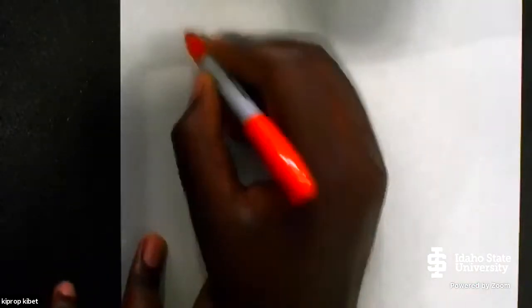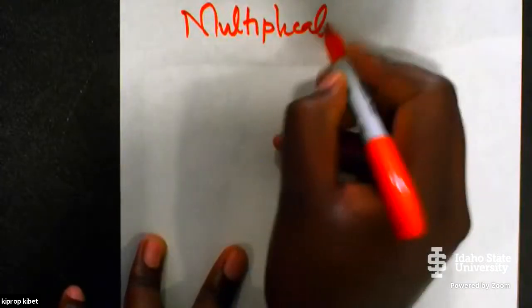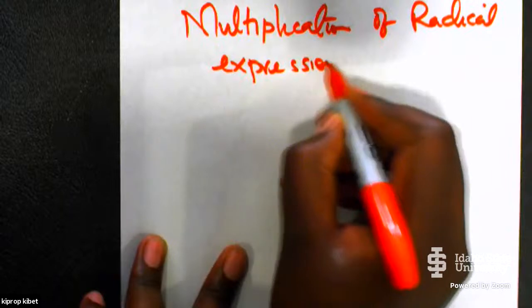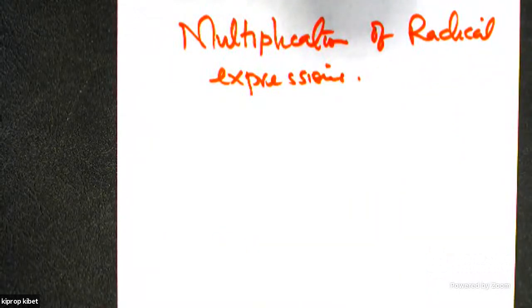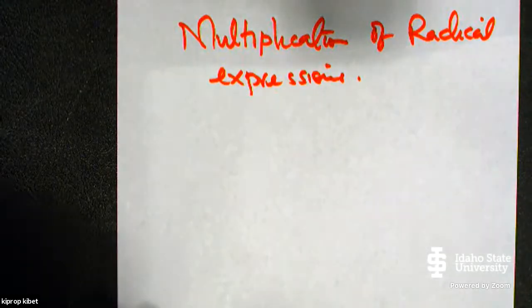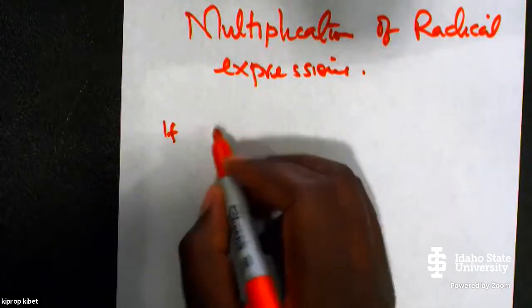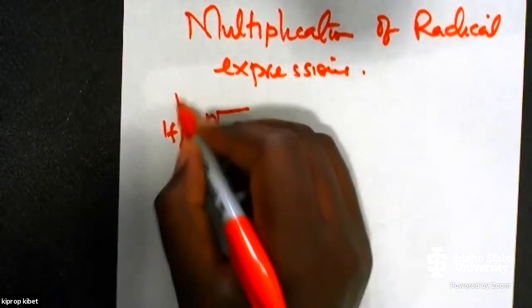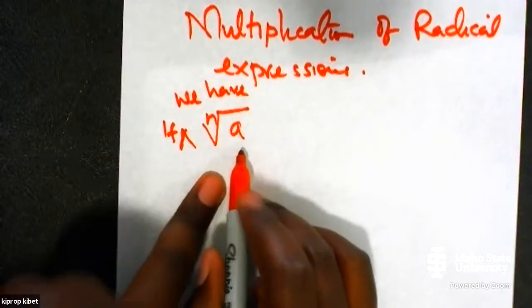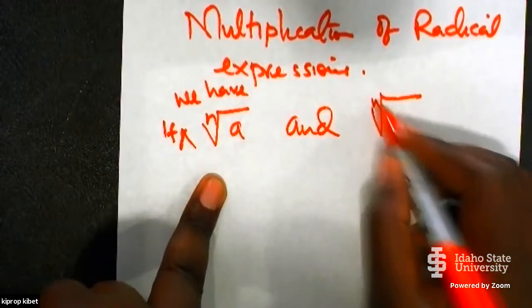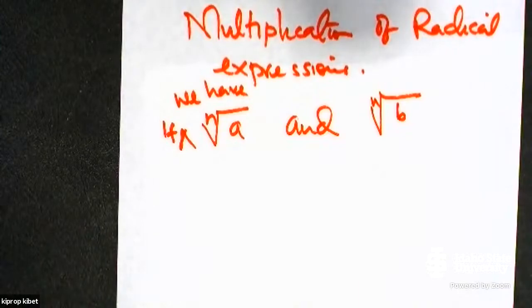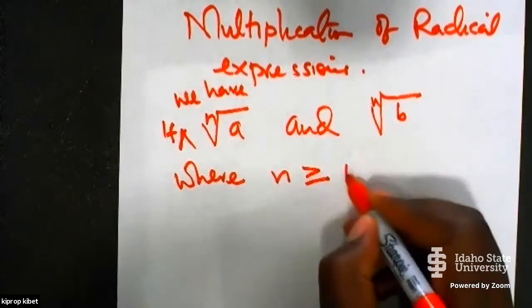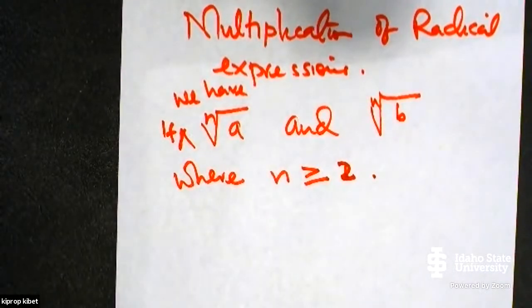Now, when it comes to multiplication of radical expressions, if we have the nth root of a and the nth root of b, where n is greater or equal to 2,